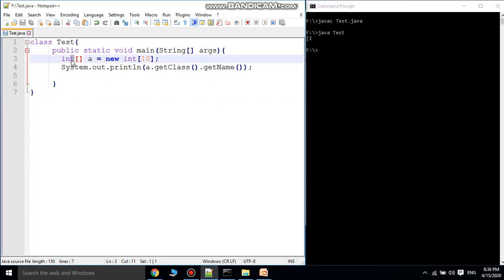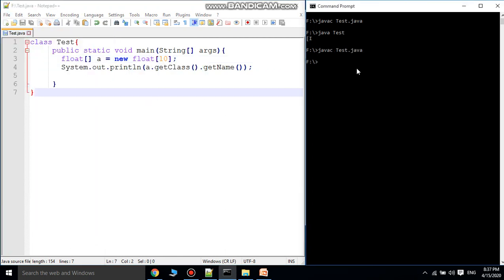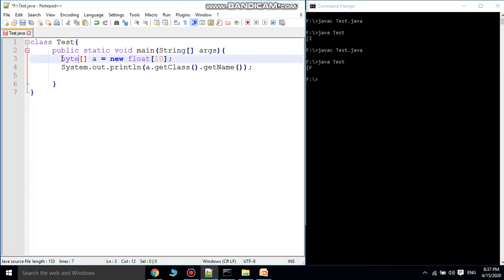Now I am changing the type of the array here. For example, float a is equal to new float, to store floating point values. Let us compile the program and see: F represents floating point value. This is a one-dimensional array. Similarly, let us take byte of 10.